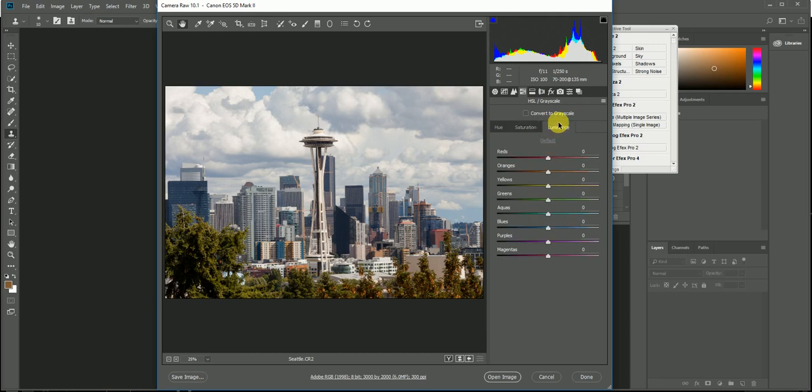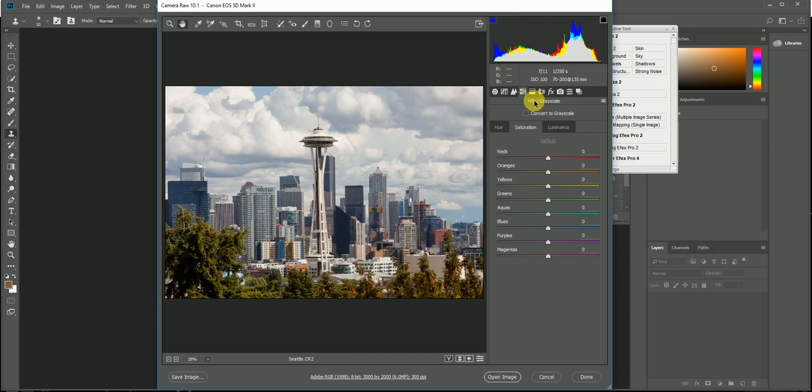So maybe I want the blues to be darker. This is the brightness. You see up here especially. See how the blue is getting darker? It actually sort of, I do like what's going on with that. So we might crunch that down just a little bit. So that's what happens on the hue